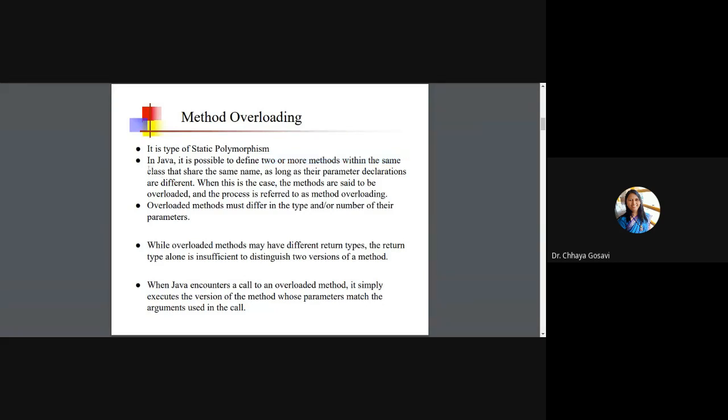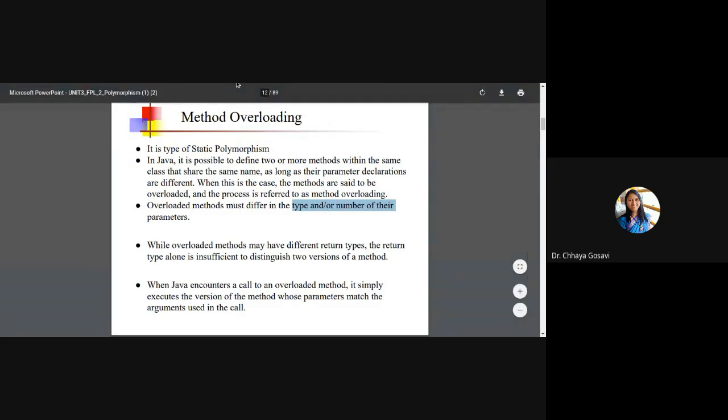The class can have methods sharing the same name as long as their parameter declarations are different. In this case, the methods are said to be overloaded. The process is referred to as method overloading. Overloaded methods must differ in type and number of parameters.